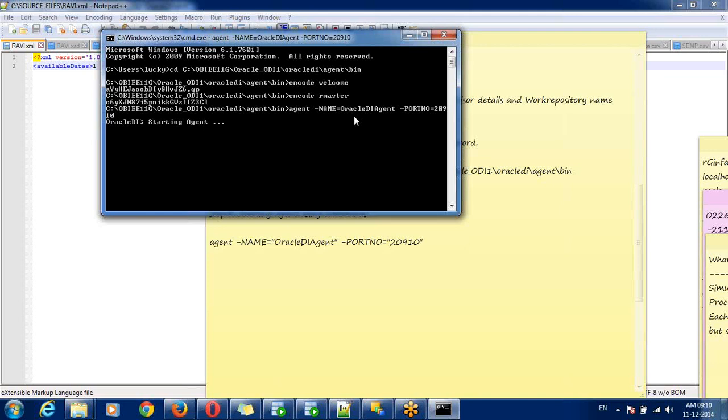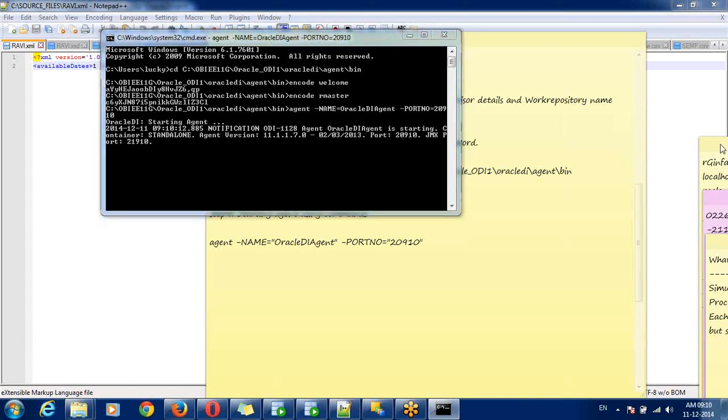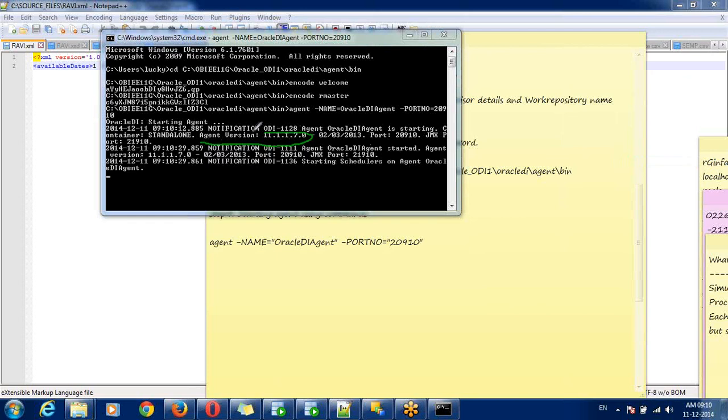Now it will configure your agent and deploy all the jar files. It is showing your ODI version, that is the agent version, and your port number.